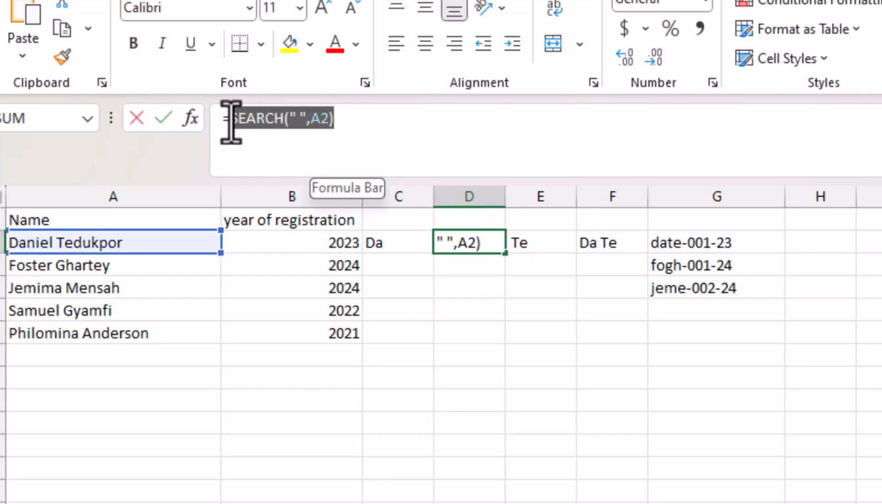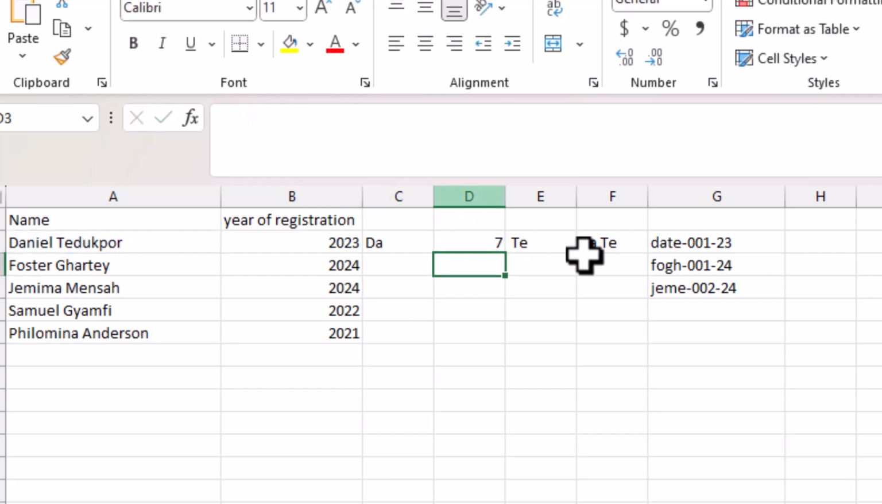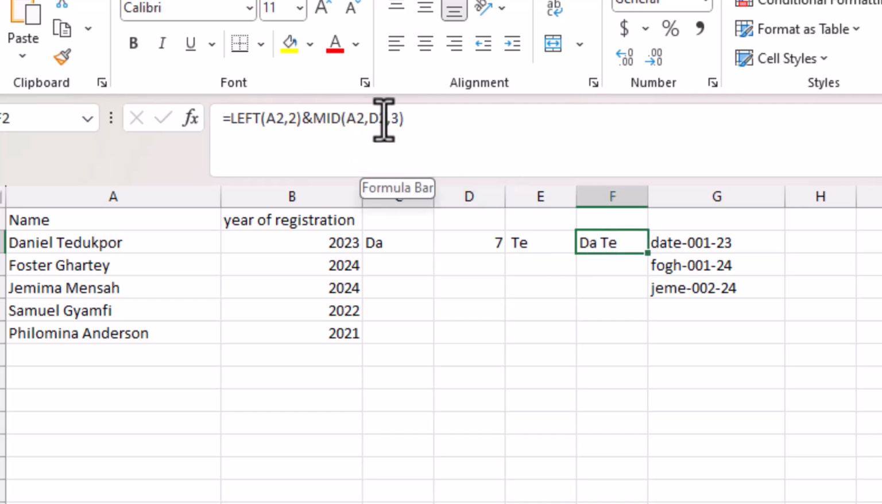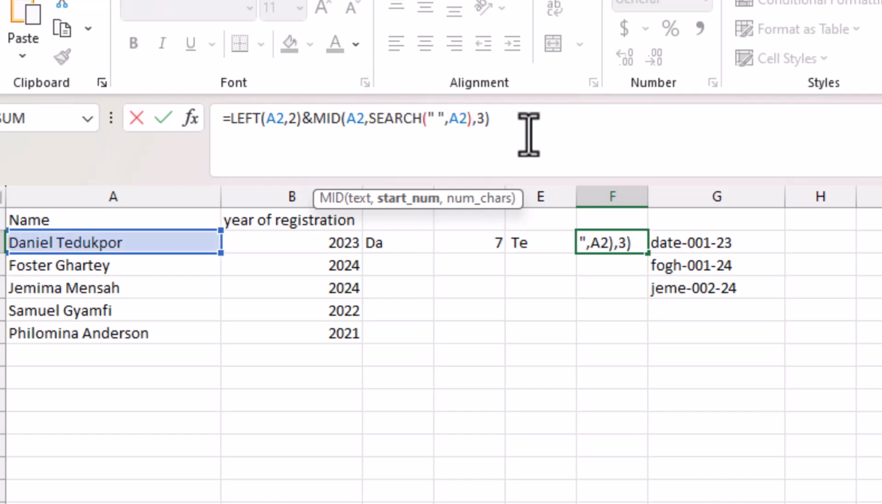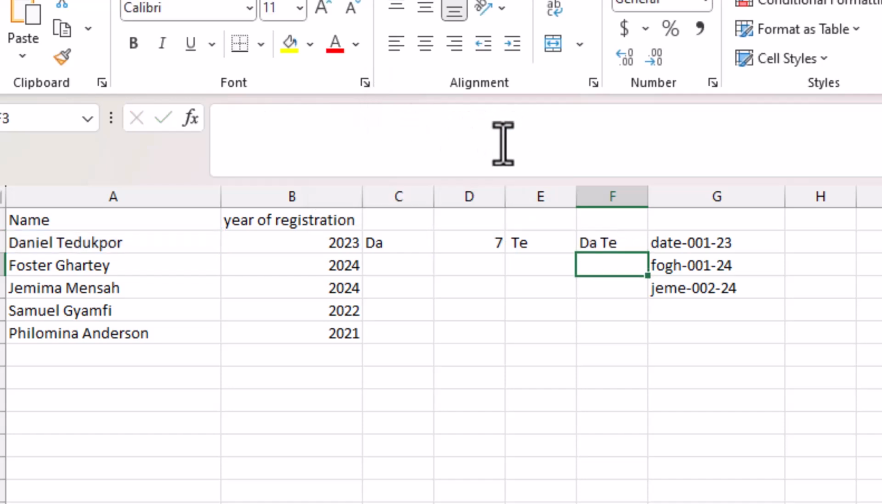That is the search. And then I'll come and place it inside D2, where D2 is, right? Then you see I've gotten the DATE. So there's a space, you see. All right. So because we don't want the space, instead of starting from 7 from here,